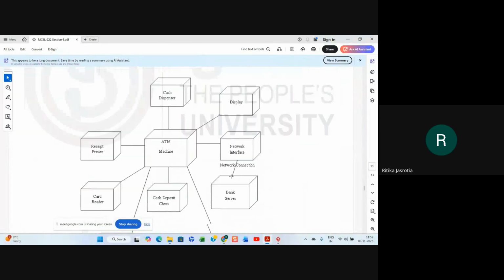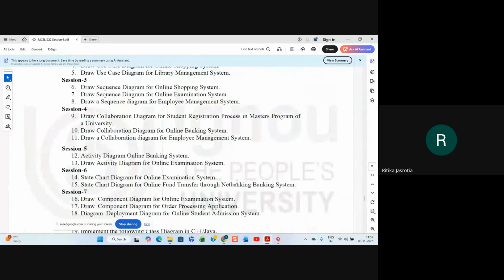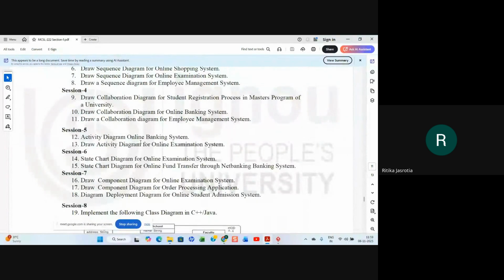Right. So what they are asking you is to make two activity diagrams. One is online banking system. The other is draw activity diagram for online examination system. So if it is an online banking system, think of the probable process of online banking. You will log in to online banking system, right?